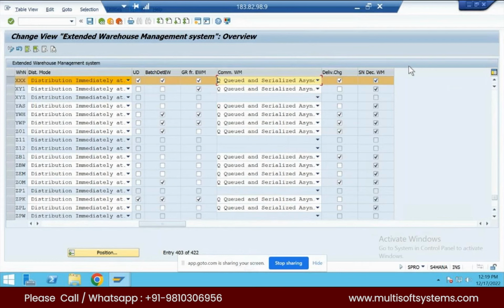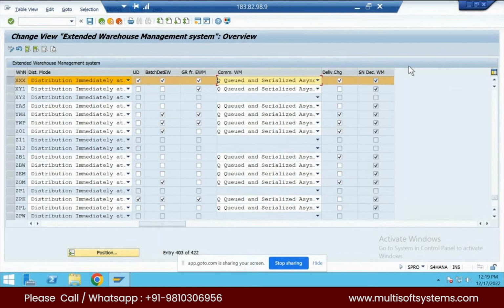So after distributing one delivery's data, the next delivery's data will be distributed, and after that is distributed, the third delivery's data will be distributed. That is known as asynchronous. And if you want to distribute in parallel, like a parallel transfer where all the deliveries are distributed together, that will be synchronous. So the synchronous method is